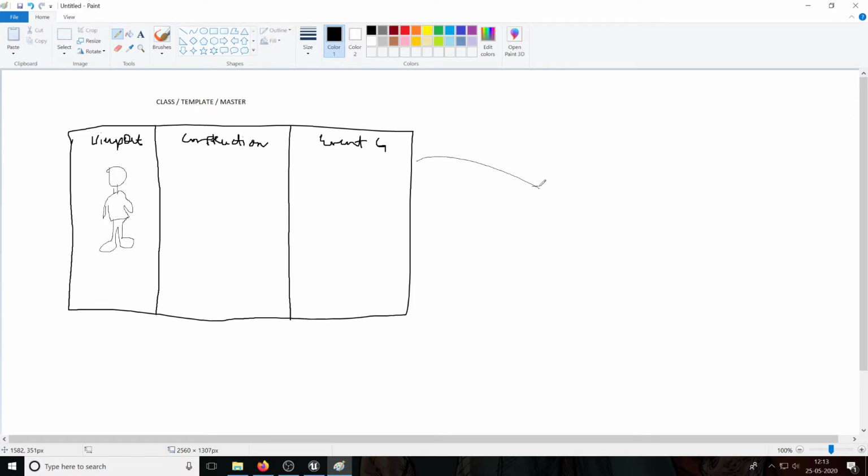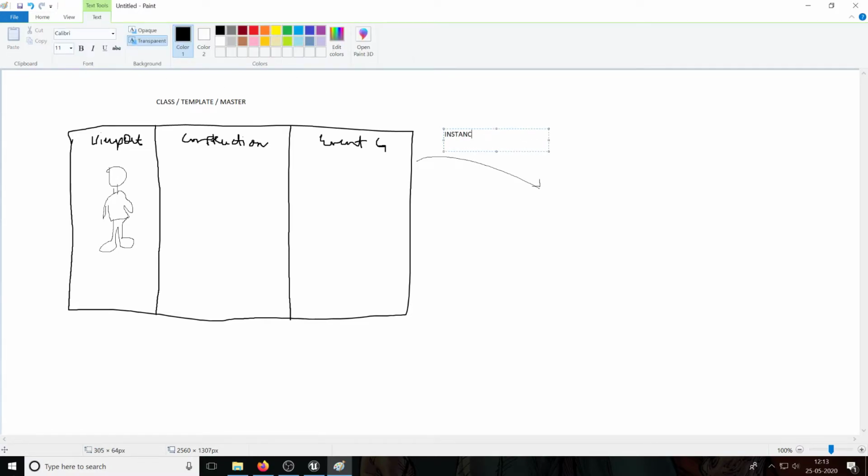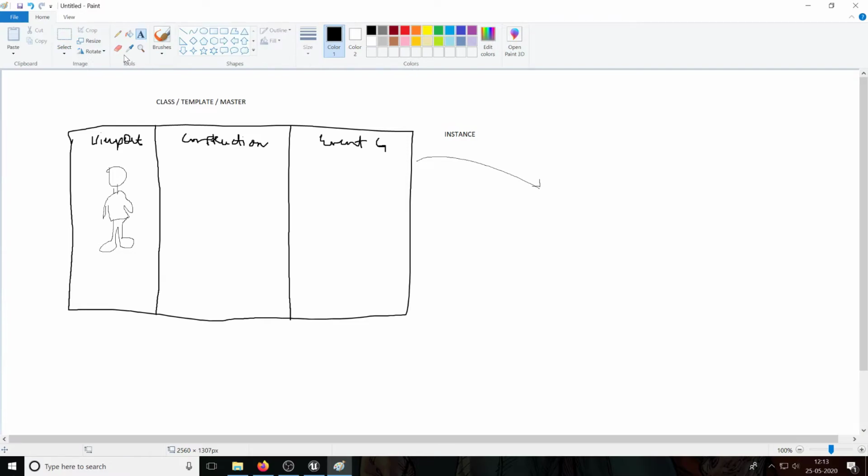Now, when you create an instance of this blueprint, you can have the same person in the game with all his characteristics. But the difference between the class and an instance is that you can have multiple instances. So you can have another person, which borrows upon the main class, the same class as this one,